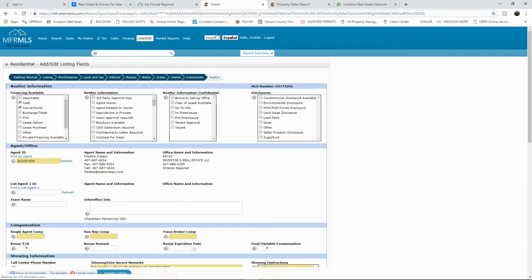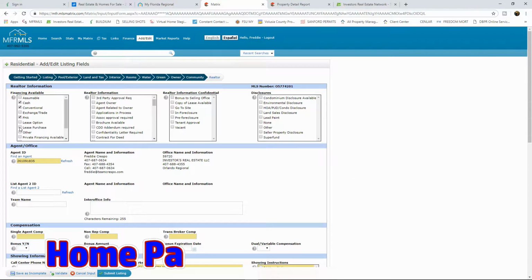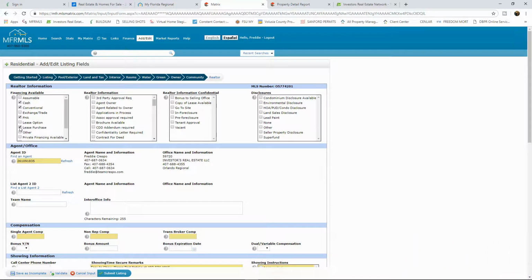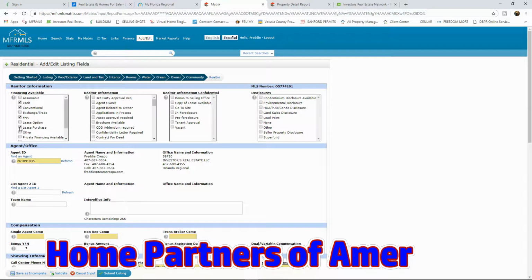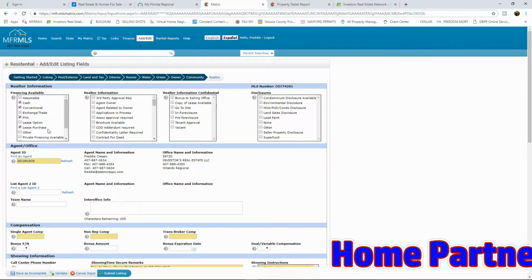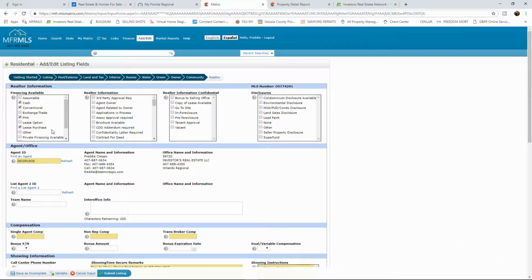And finally, we're going to go to the realtor. And on here, we're going to put what kind of financing. This is important. So put cash, conventional. I'm going FHA. I'm going lease purchase. We can do lease purchase, but lease purchase would be through another company which does these types of lease purchases. And I can't think of the name right now. I don't know why. I'm drawing a blank. But see me if you're interested in this lease purchase program. It's really great. They'll buy the house cash and then rent it to the